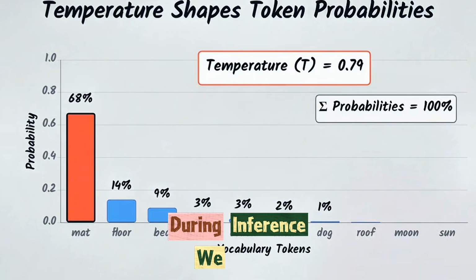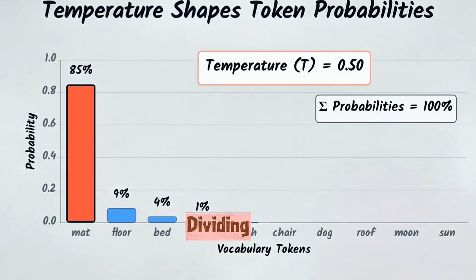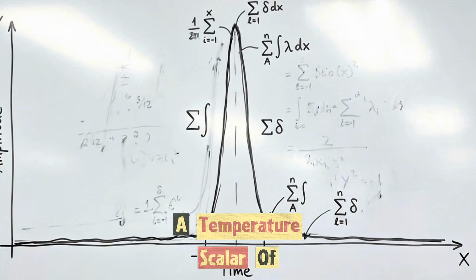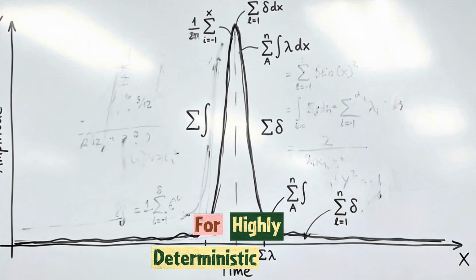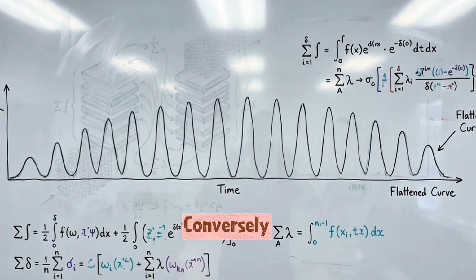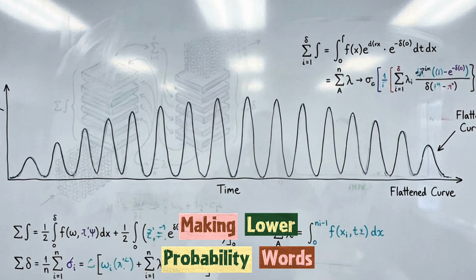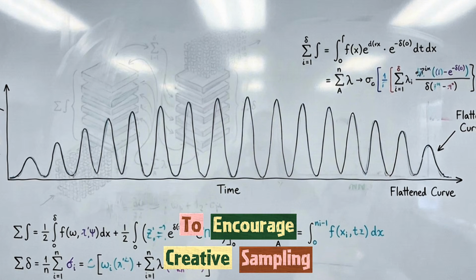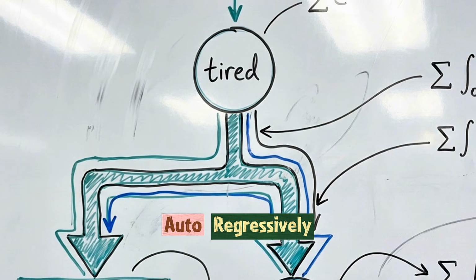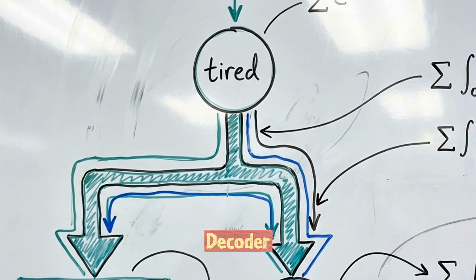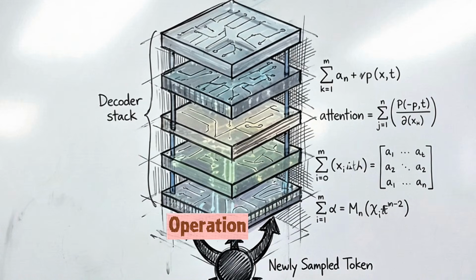During inference, we apply temperature scaling. Dividing the logits by a temperature scalar of less than 1 physically sharpens the probability curve for highly deterministic output. Conversely, a scalar greater than 1 flattens the curve, making lower probability words more competitive to encourage creative sampling. The final token is then sampled from this distribution. That single token is fed autoregressively back into the bottom of the decoder, and the entire massive matrix operation begins